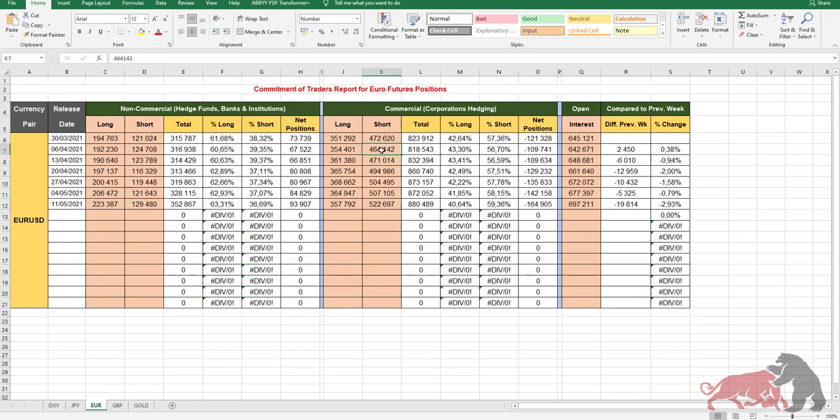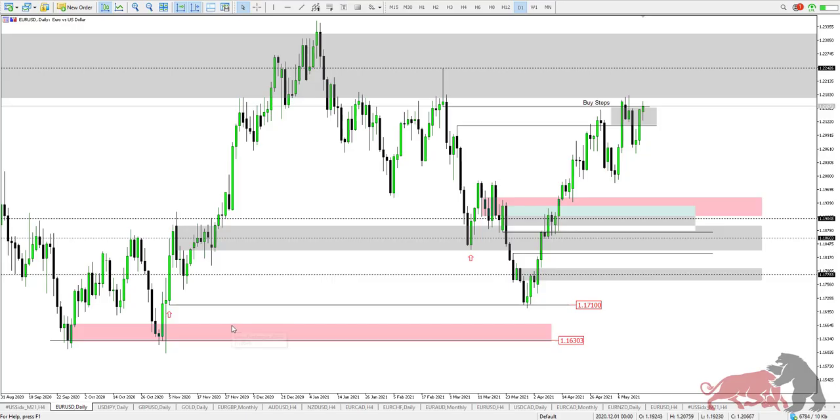And if you look at the euro futures, since the 6th of April, the commercials have been increasing their short exposure on euro futures. Now when you look at open interest, it jumped from 677,000 all the way to 697,000. That's an increase of just under 20,000. Now when we look at the chart, when we come to euro, we can see price is approaching